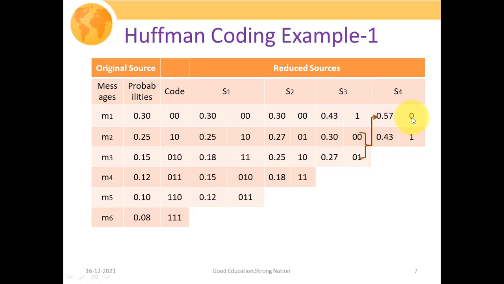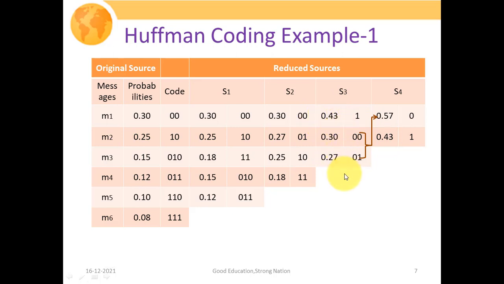So the same prefix thing would have been applied here also, that is, we have put this value 0 0 as a prefix, and for the higher value of probability, that is your 0.3, we have assigned this 0, and for the lower value of probability, that is your 0.27, we have assigned this 1. The code associated with your 0.27 turns out to be 01, and for 0.3 we have this 00, and for 0.43 we have this 1. So this particular thing would have been clear to you.